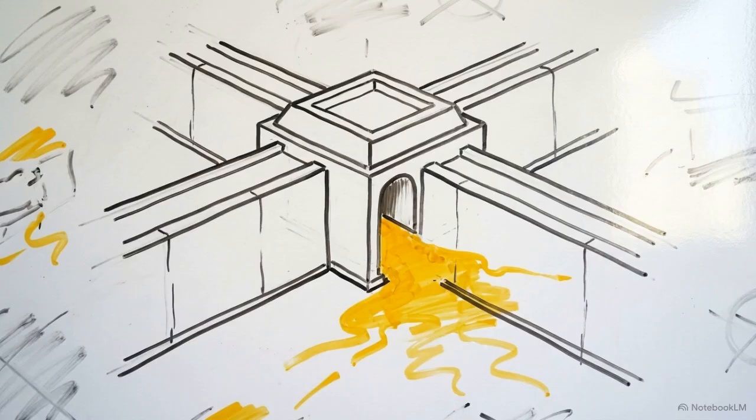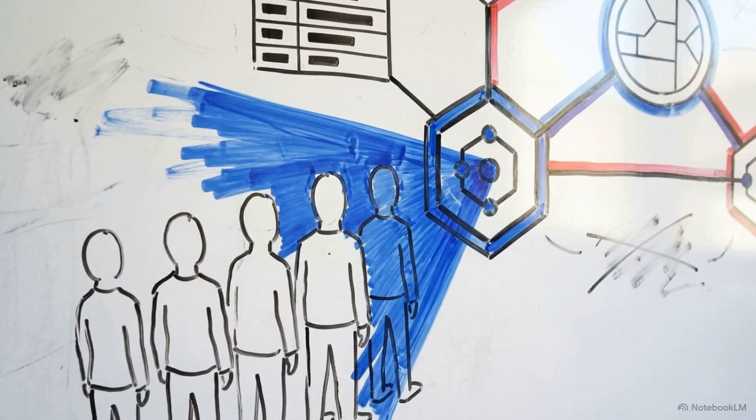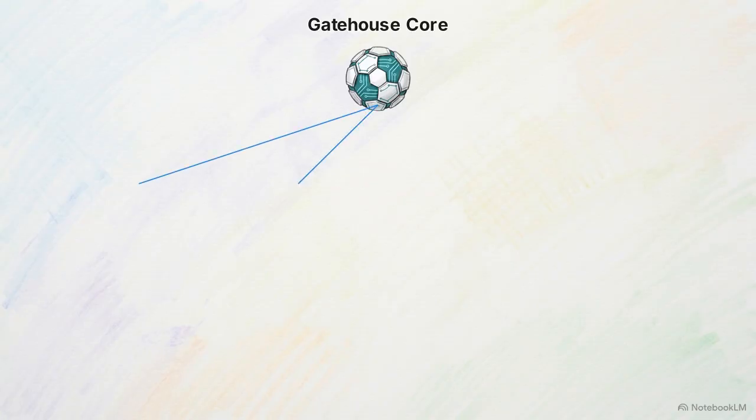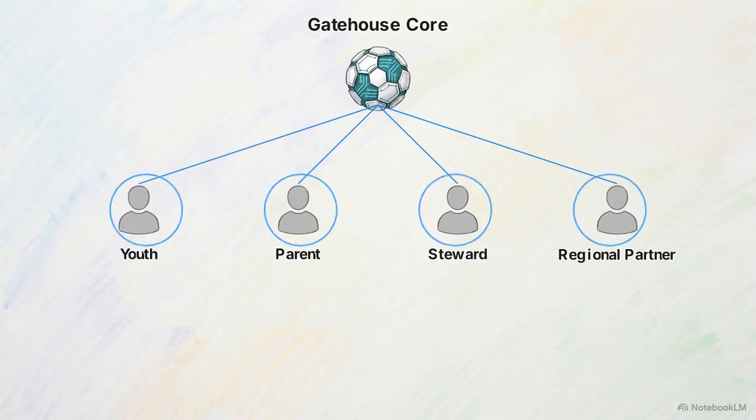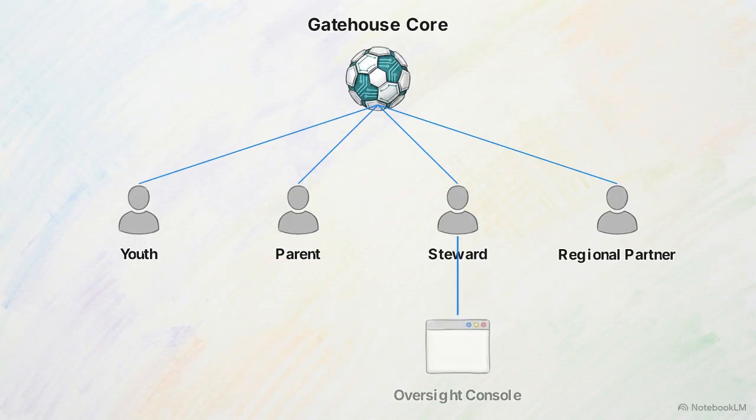We begin with Layer 1, the gatehouse. This is the universal entry point and the primary identity router for the entire platform. The prompt establishes role-based access control, creating distinct nodes for youth, parents, stewards, and regional partners. We attach automation logic to these identities. When onboarding completes, the system assigns the role and routes the user directly to their specific dashboard. Free navigation is disabled. By locking users into their operational domains, we prevent them from accessing functions outside their role.